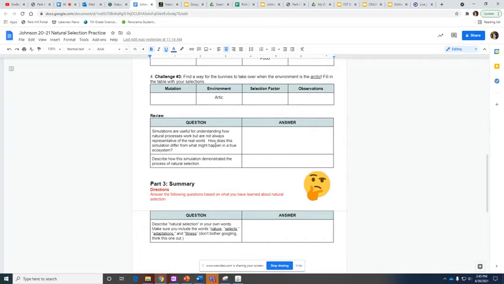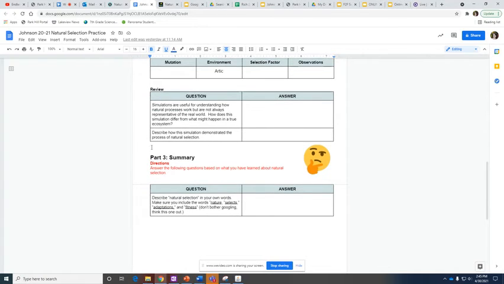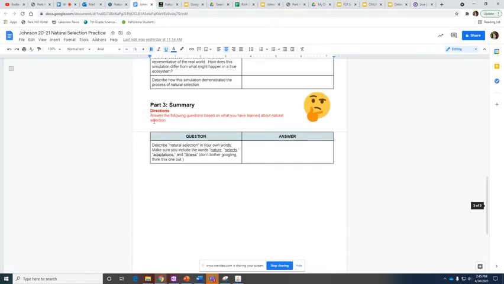When we're running a simulation, this is useful for understanding how things work. Like, we can run the simulation for natural selection and see how these processes work. But these models or simulations are not always going to be exact to the real world. So I want you to think about ways that the simulation might differ from what happens in a real ecosystem. But I also want you to think and explain, how does the simulation model the process of natural selection? And then part 3, to wrap this up, you're going to be describing natural selection in your own